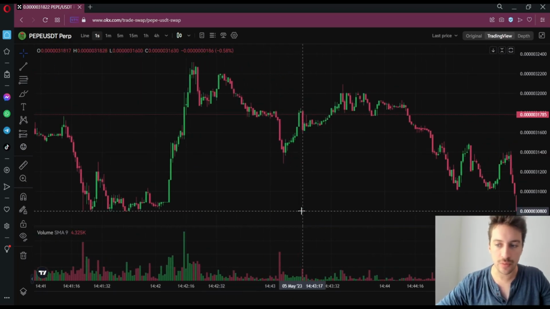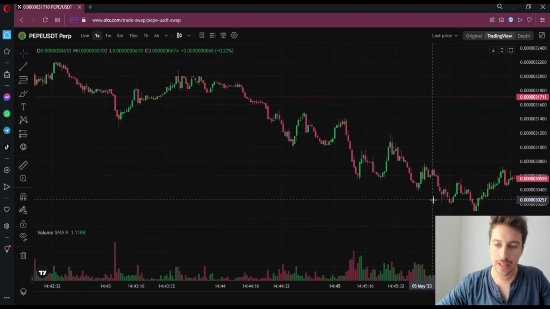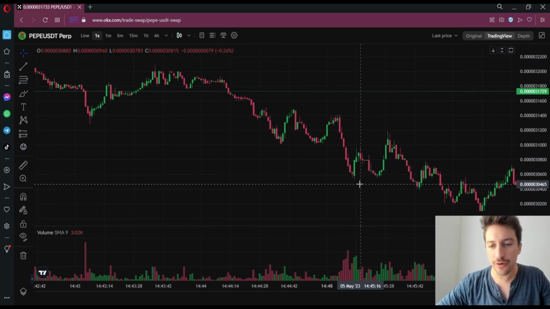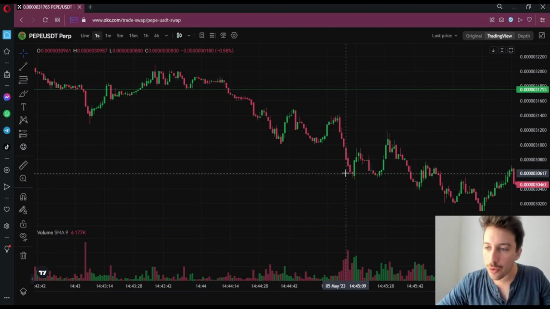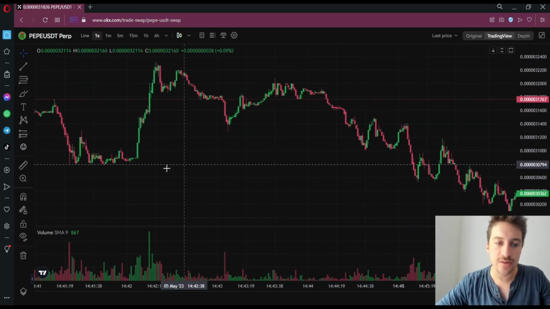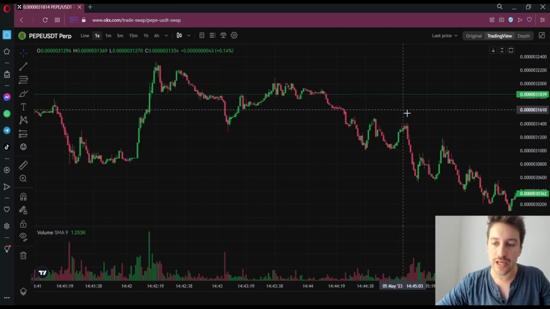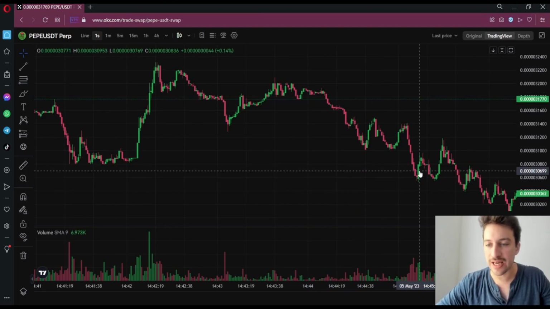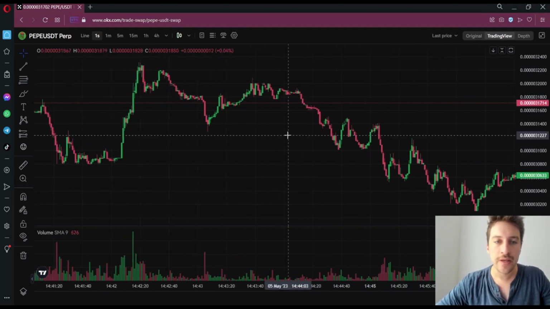Let's go see what happened when 308 was hit. Right here, 308 was hit and price went down. How much more than 308? Oh, 308's right. It's so hard to tell because this thing is so volatile. The limit order was right here. Price went down another 1% or 0.9%, and then it kept going lower. So yeah,